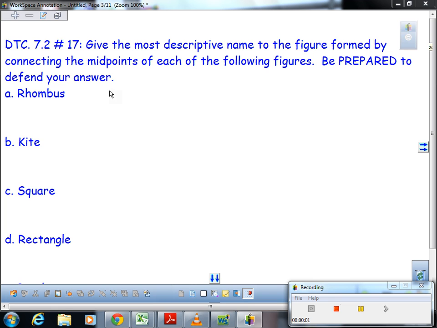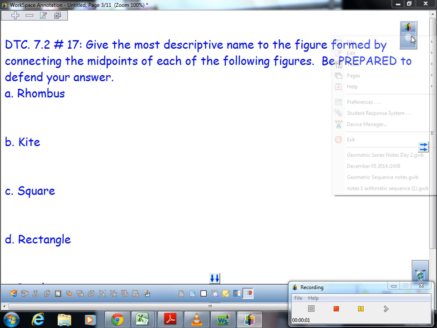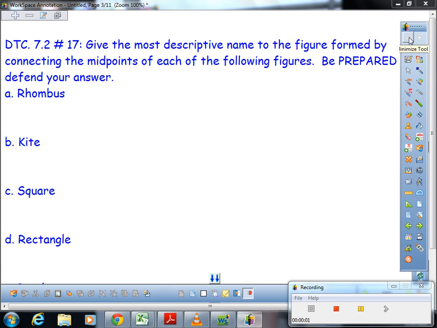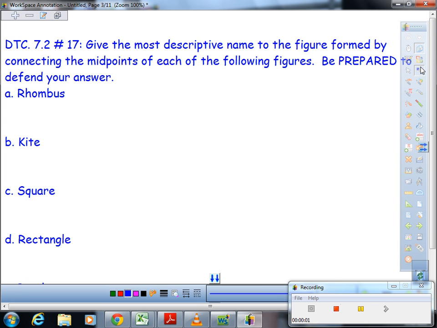First of all, we've already proved twice that if you connect the midpoints of any quadrilateral, what is the resultant shape? A parallelogram. So you could have put a parallelogram for all of these. It just would not be the most descriptive name. So for a rhombus,